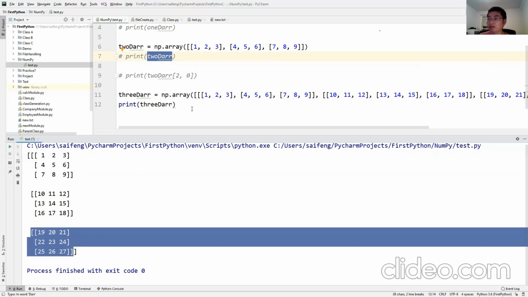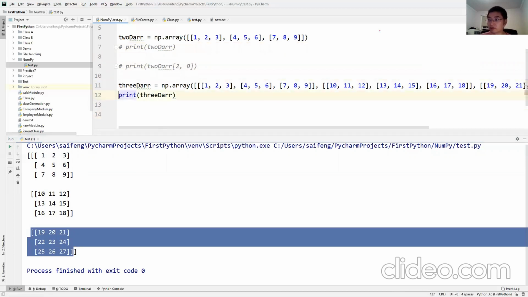Now in this case, I want to print out a value. How can I do that? I need 3 indexes. One dimension, one index.